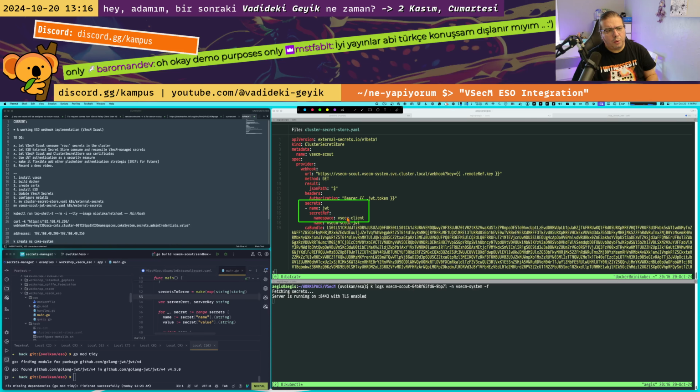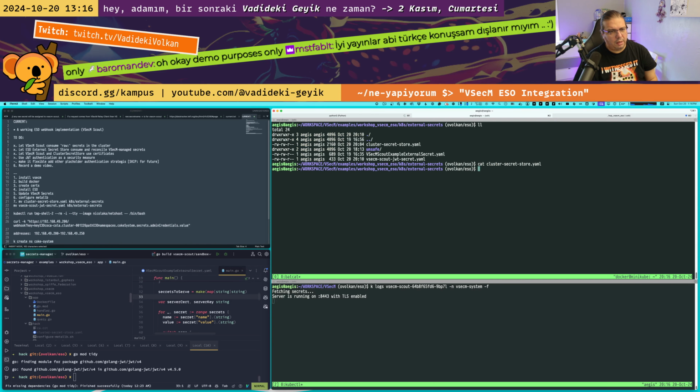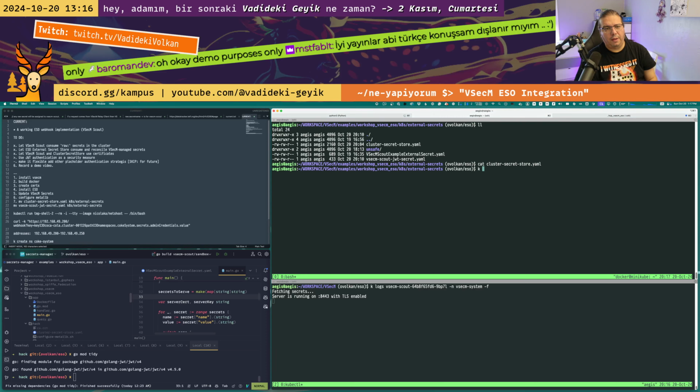I don't know if you rotate the secret, if the CR will see it and rotate it itself, or when you rotate the secret, you might need to kill this CR and create another one. But still, it will be a single operation at the end of the day. But yeah, that is the custom resource. Let's deploy that one as well. kubectl apply -f cluster secret store, enter,